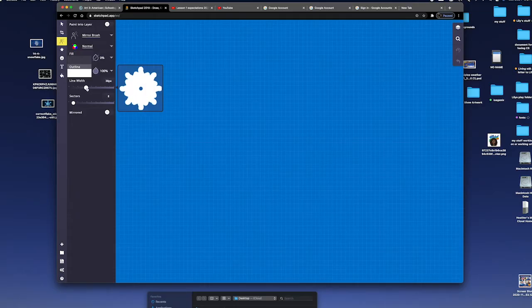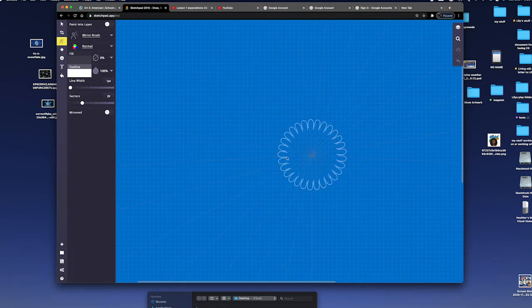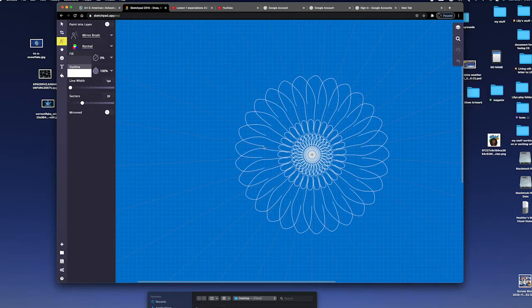Same with line width. So this line width is the top part. That's where you're going to choose. The more you have, the thicker the line width. So I want mine to be very thin, and I want a ton of sectors just to show you what happens. So this is super cool. You can still see the lines, and look at that. As I draw, you can see this is the center axle that we were talking about before, and then as you go out,